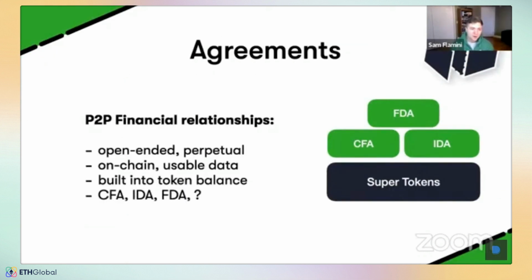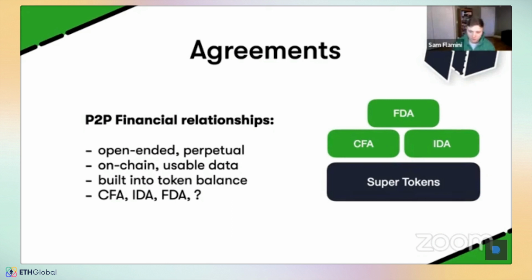So agreements, you can think of these as peer-to-peer financial relationships that are encoded in a Solidity smart contract. They are all different. Again, you can think of these as logic contracts that define how balances can move, and the super token as the contracts that hold state, that actually store the token balances themselves. There's a function that I'll explain in just a bit called the real-time balance function that takes into consideration all of these peer-to-peer financial relationships you're engaged in and allows you to see at any given point in time, what is my balance.